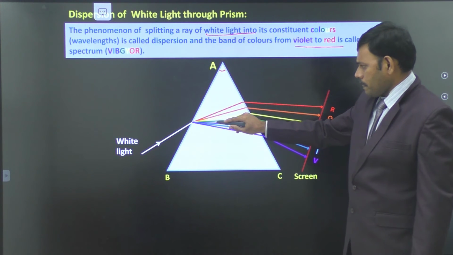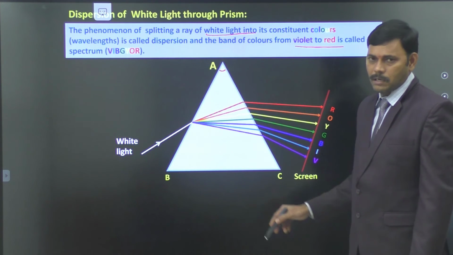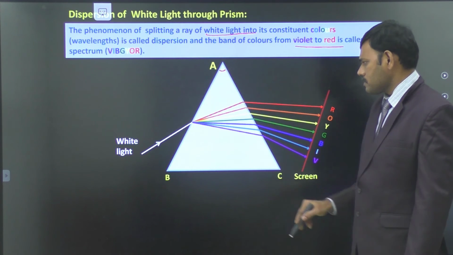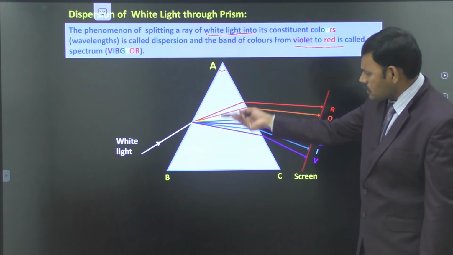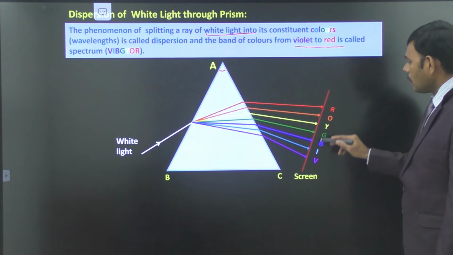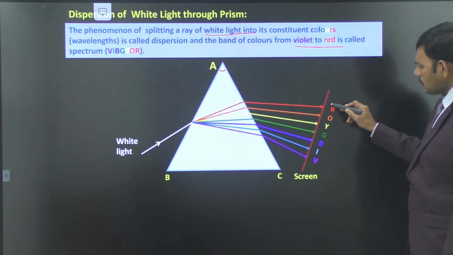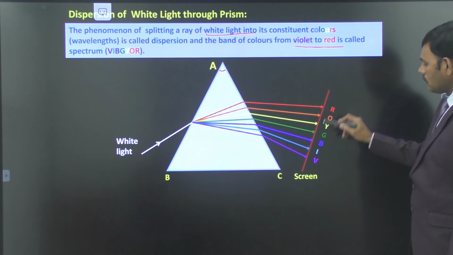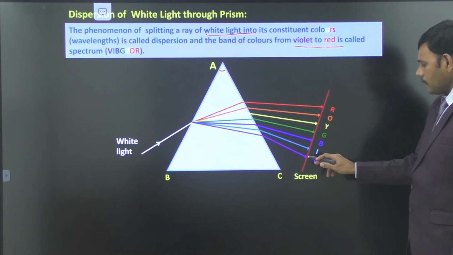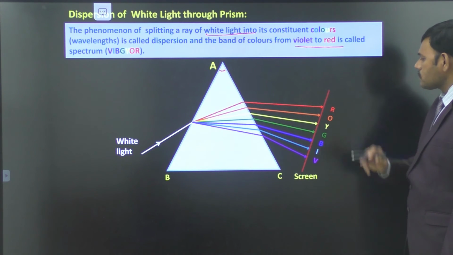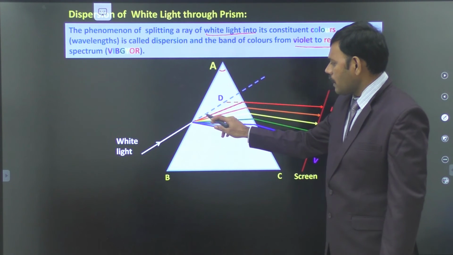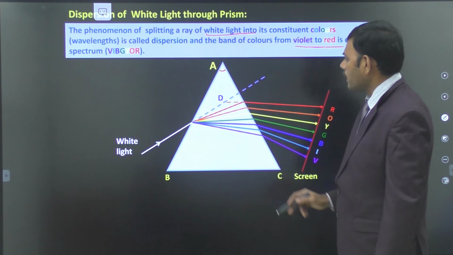In this medium, different colors of the white light possess different refractive indices, so they have different deviations. Because of the difference in the deviation of each color, it divides into its 7 colors and falls on the screen. On the screen, we are observing the colors as shown in this image as VIBGYOR, from bottom to top. Least wavelength color is incident here, most wavelength color, red, is incident here. Here, when you prolong the incident light ray, it is shown by the dotted line.